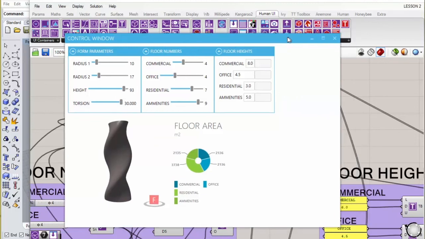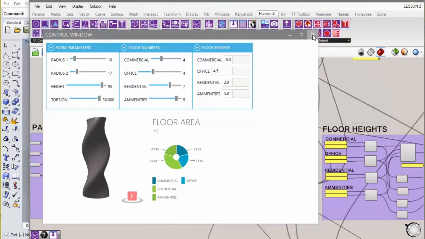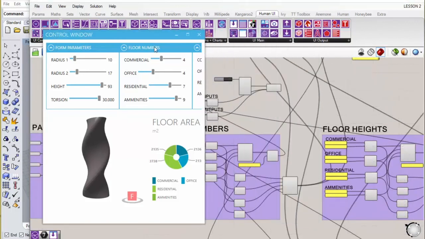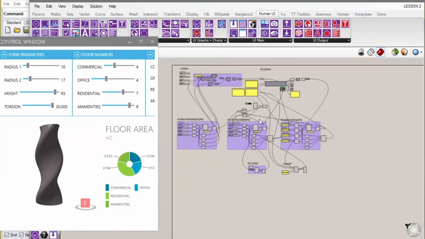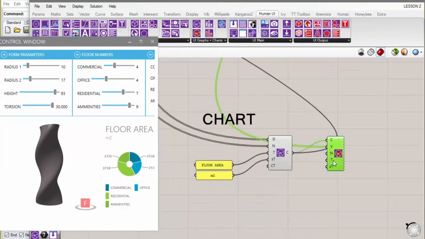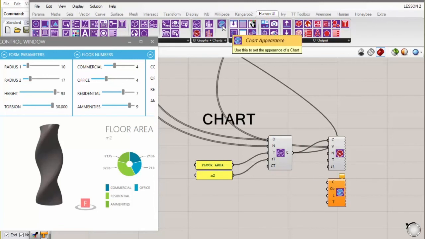And just another thing that's worth mentioning, let's just shove this to one side. Another part of what you can modify in a chart, and these charts are super useful for visualizing any sort of data. You can change the chart appearance. So just once again, this is a modifier for the contents, and this is a modifier for the appearance of the chart. And you can see that the colors are a bit different for the components. And then if you click here, then it shows the name.